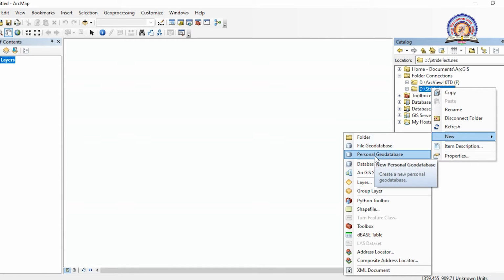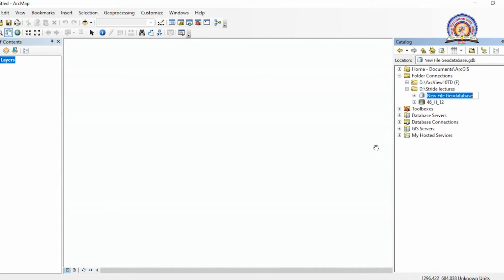So I have selected a file geodatabase over here. Once you select your file geodatabase, it will come under your main folder. You can see right here. After clicking the plus icon, I see that it is empty.